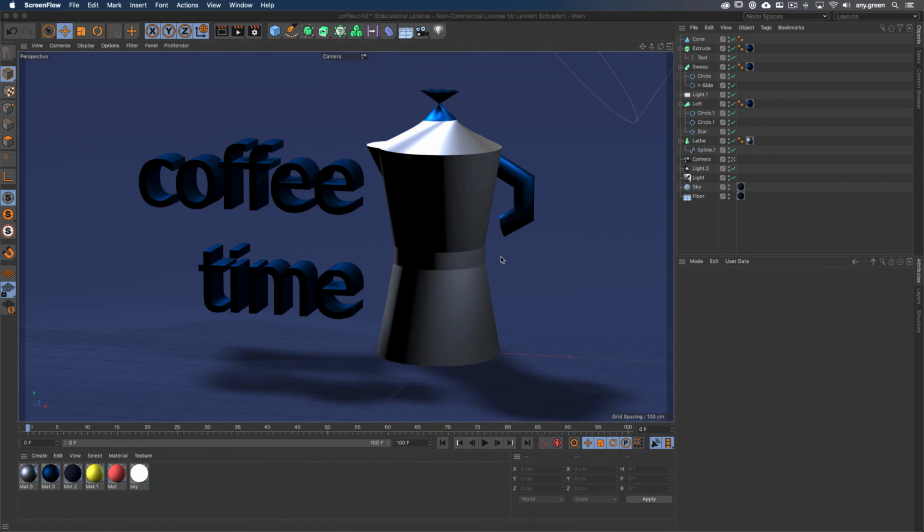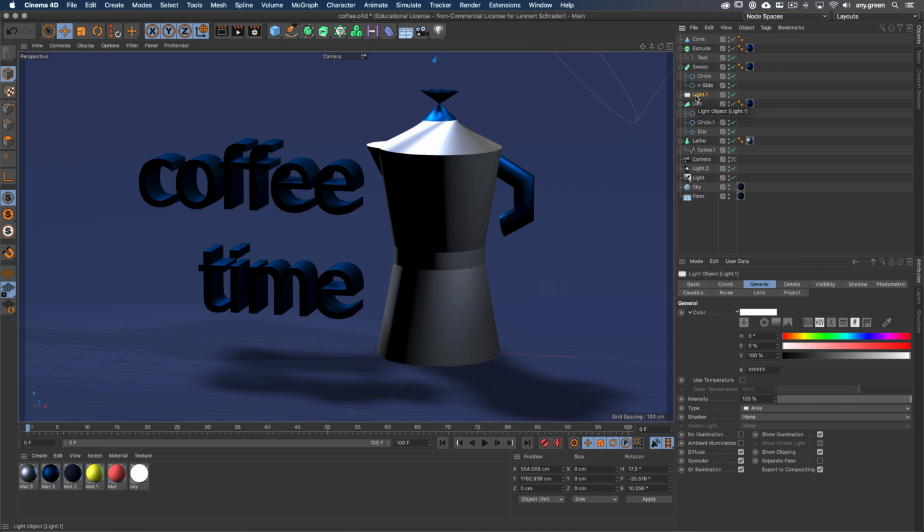All right, so general things. Whenever you use lights, they always need to create shadows. If they don't create a shadow, it will look super, super wrong. There are very, very rare occasions where it's fine to not have a shadow, and I personally don't know why Cinema doesn't put a shadow here on default, but whenever you create a light, don't forget to choose your area